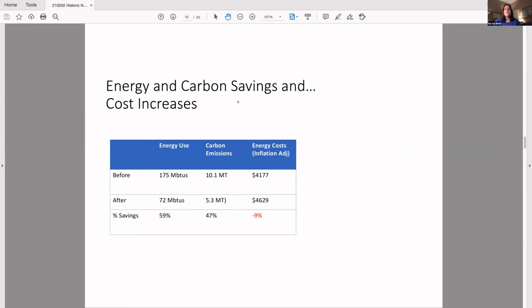And here in this slide, I'm showing the energy and carbon savings, but I wanted to point out here, I looked also at the cost impact of doing this work. And on a comparable per unit MBTU basis, gas is less expensive than electricity. So at this house,